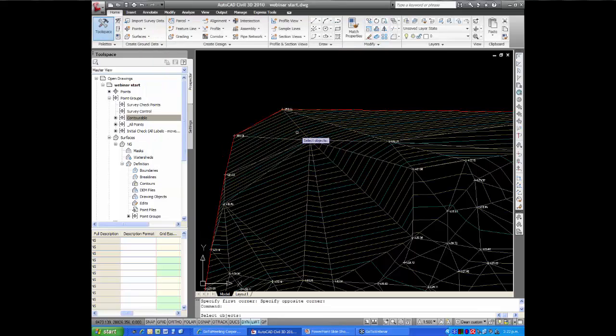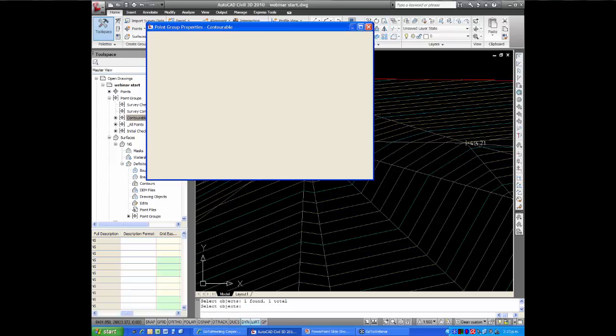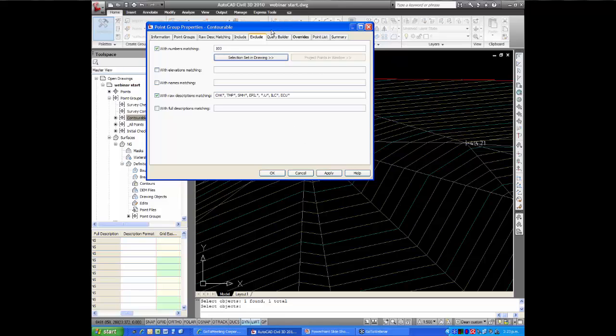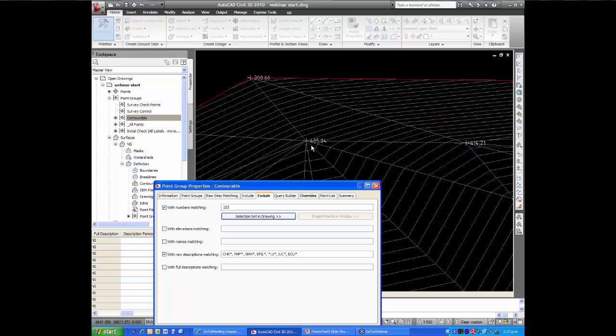So I'm going to exclude points with numbers matching, and I can just use the selection set in the drawing, and I can select that particular point. There it goes. I can select more than one point if I want. I'm just going to select one in this case, and I've excluded that point 40 with an elevation of 405.04. Having done that,